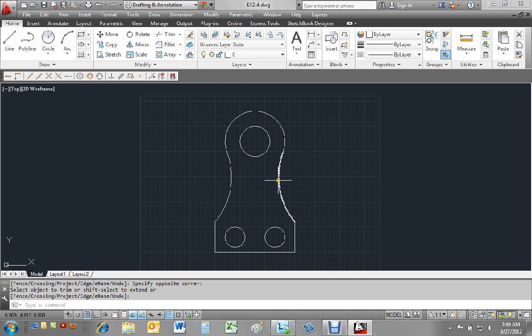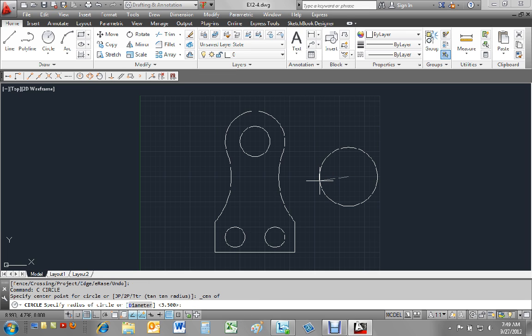So it's like an offset distance from here to the next. It's a parallel circle, and it's just 0.75 larger radius. So let's draw a circle, and we're going to use the center of this. Let's make sure our snap is off. So we'll go up here to center. We'll hover over this, and that highlights the center. We'll grab the center,